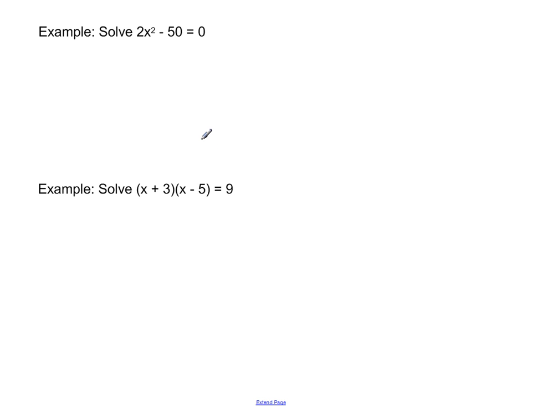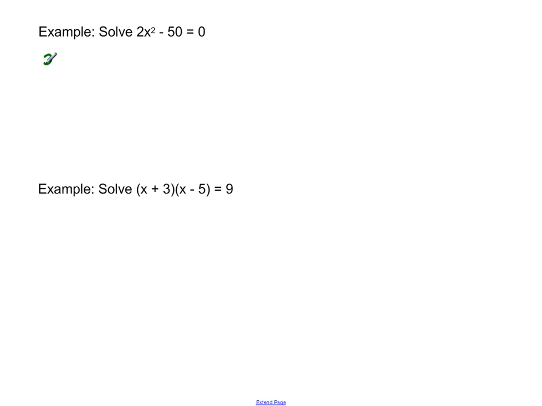Okay, welcome back. More examples of factoring, solving equations by factoring. Now, in this case, we've got sort of an interesting one. We only have two terms, and we're going to solve by factoring. Well, 2x squared minus 50 is equal to 0. 2x squared, that doesn't look very promising, but we know that if we had the problem before where we had